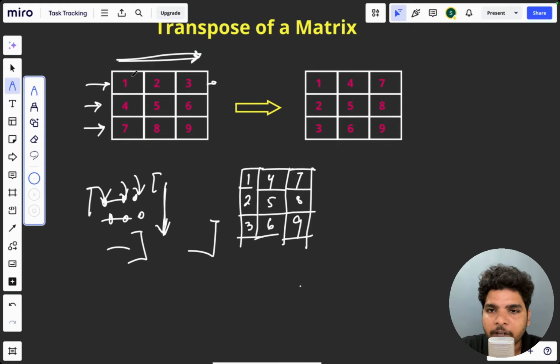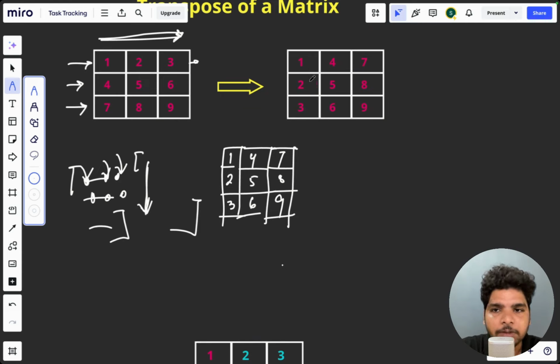When you transpose this matrix, these diagonal elements remain unchanged. This 1 5 9 remains unchanged. Only these elements, 4 7 8 and 2 3 6, are changed, but the diagonal elements remain